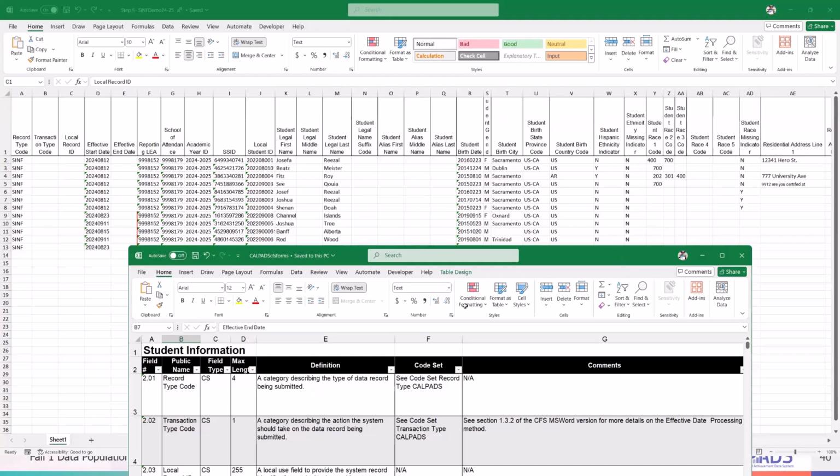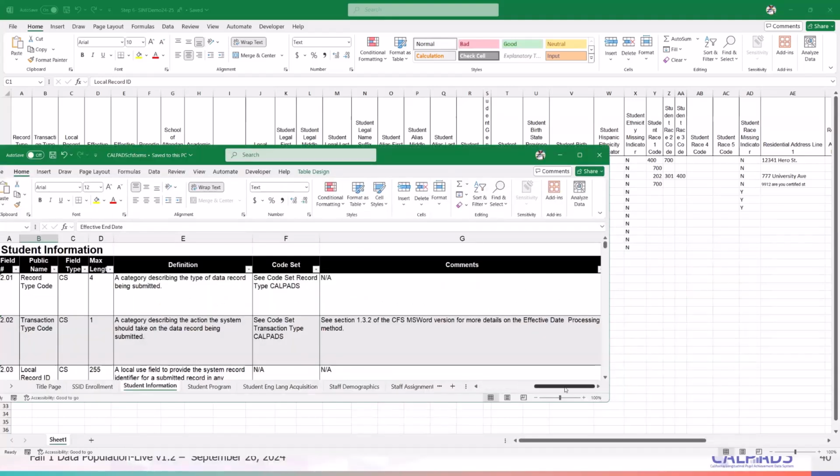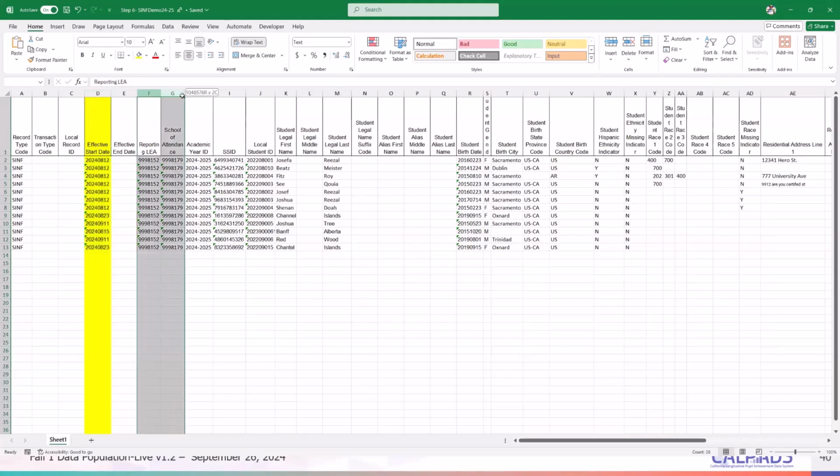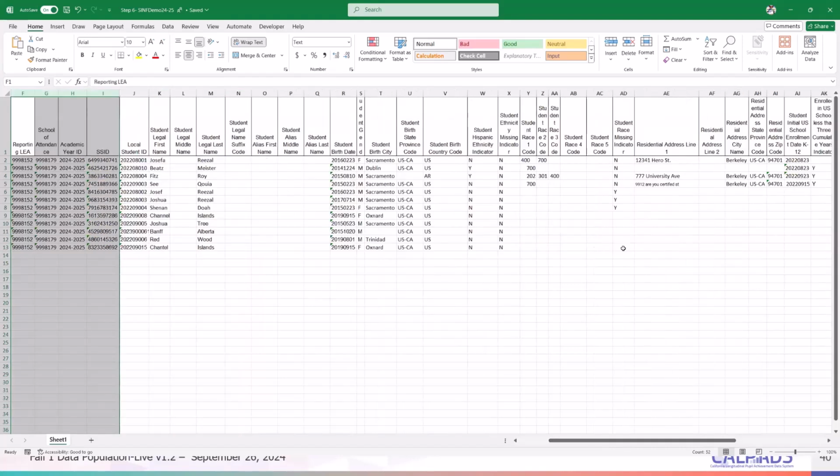Okay, so looking at this, there are columns that are required during upload. There are columns that will not trigger an issue when you first upload the file into CALPADS, but it will trigger CDDs and DDs down the road. Okay, so just a reminder, this is important. Effective start date, of course, the school of attendance and the academic year. And then, of course, you need to have the SSID, right? Then the information of the name, make sure you have your birth dates. And then